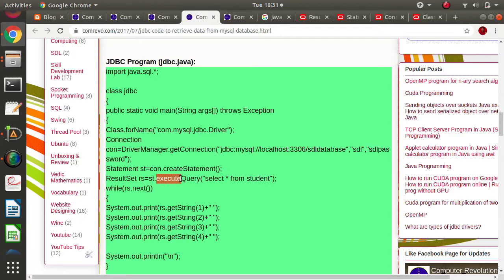For that we can use the execute method, executeQuery method, or executeUpdate method, and as a parameter we have to pass the SQL query. If we are fetching data from the database, that result we get in the result set object. ResultSet, again, is an interface.